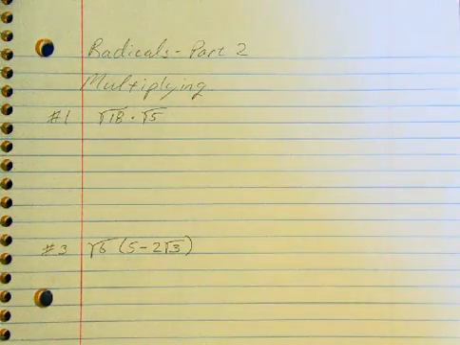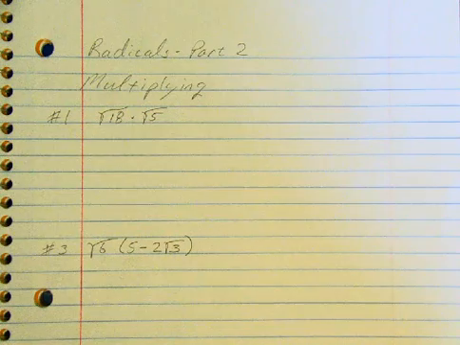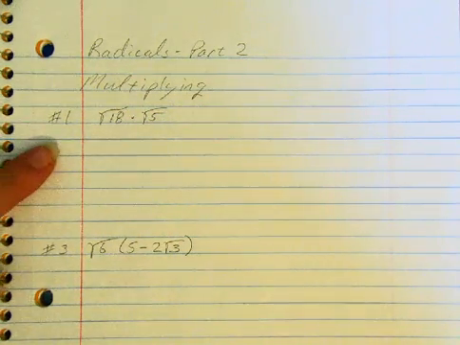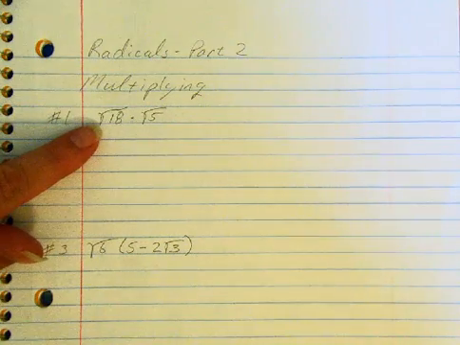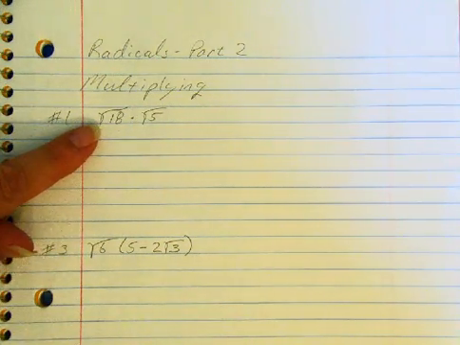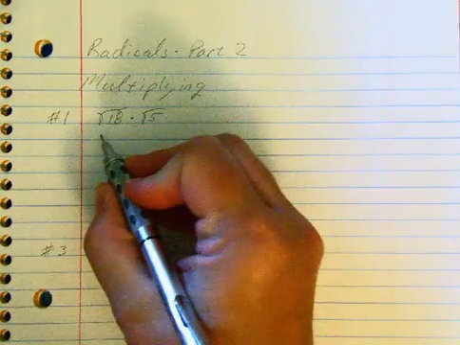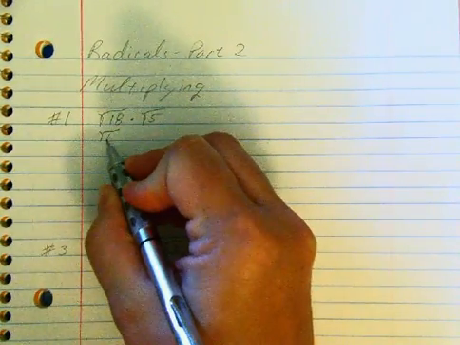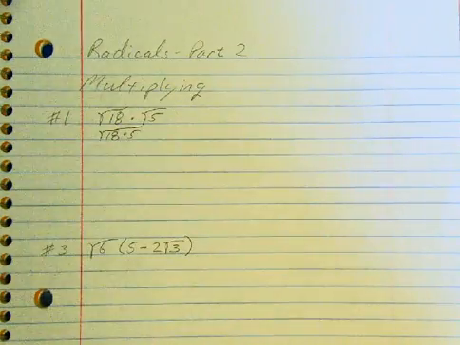The first example that I have for you here, again, these are coming straight from your assignment. If you look at the part 2 assignment, this first one is number 1 on your worksheet. So we have the square root of 18 times the square root of 5. If we're just taking two radicals, there's no whole numbers in front of them, we're just multiplying those two radicals. We're just going to take 18 times 5, and that's all going to go underneath the radical sign